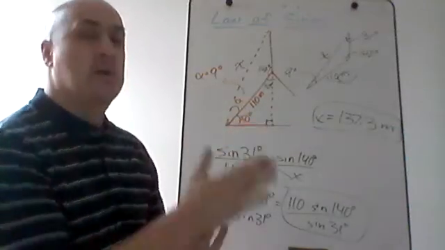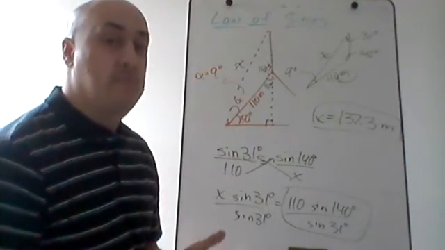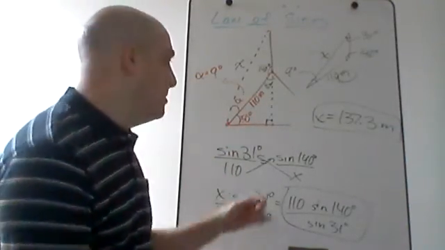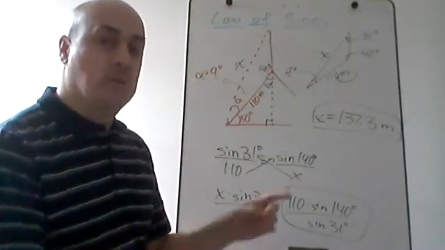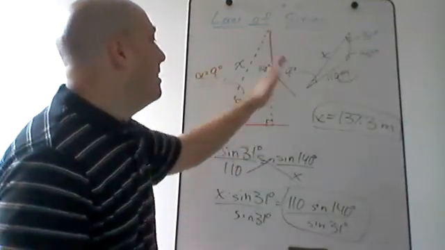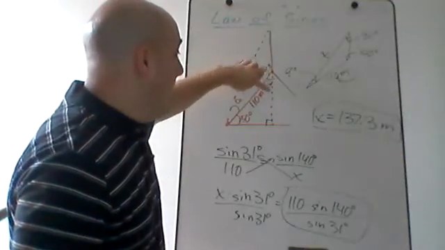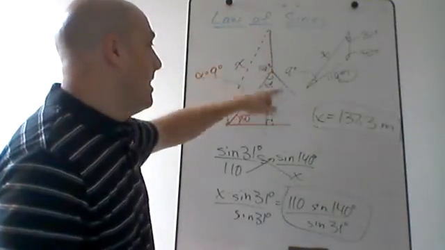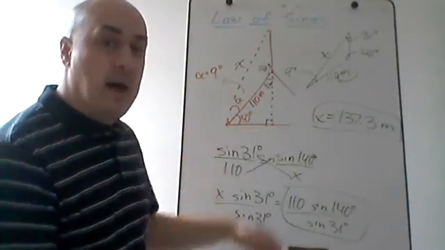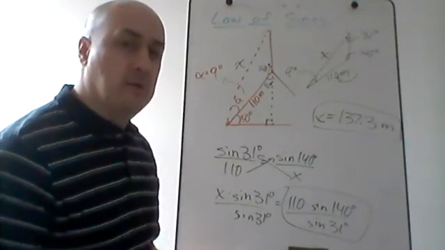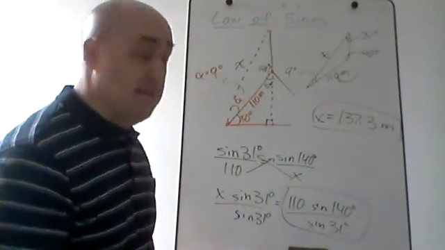Sometimes you do have to draw extra lines in your diagram. You have to create extra triangles so that you're able to figure out angles and other things like that. Try to create right angles. Try to create straight lines like we did here, so you know that they add up to 180, or the right triangle. All things that you should look for